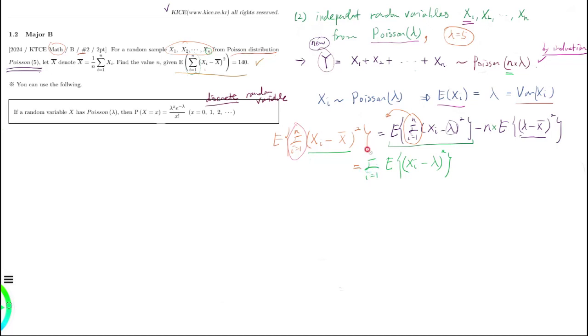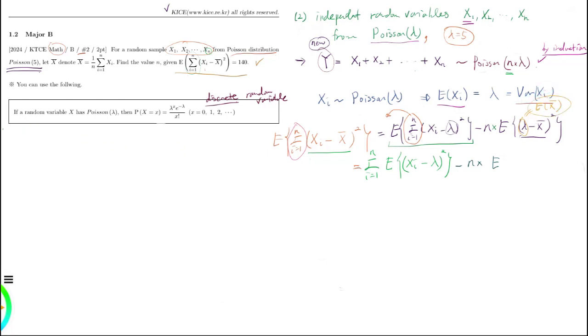And I will take the sum from i equals 1 to n here. And then the second term is the same as minus n times the expectation value. Here one caution is that the lambda is the same as the mean of the sample mean here. Okay,